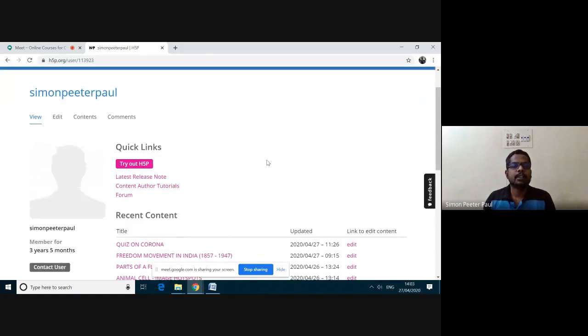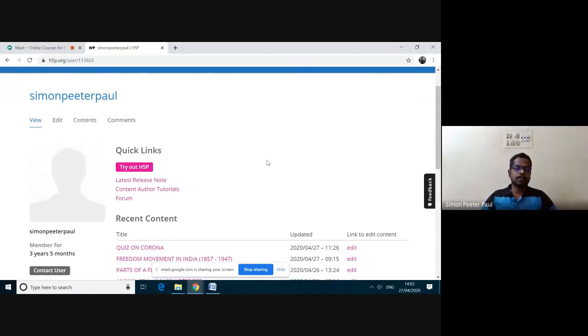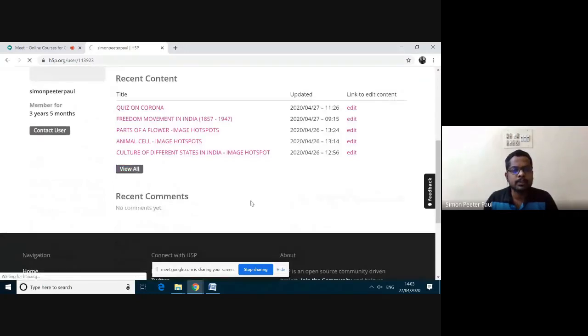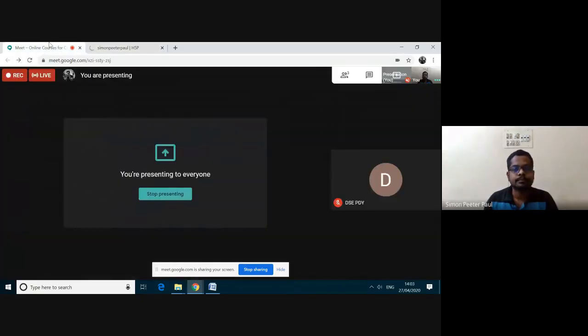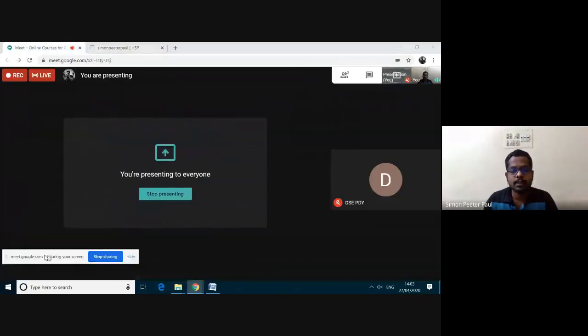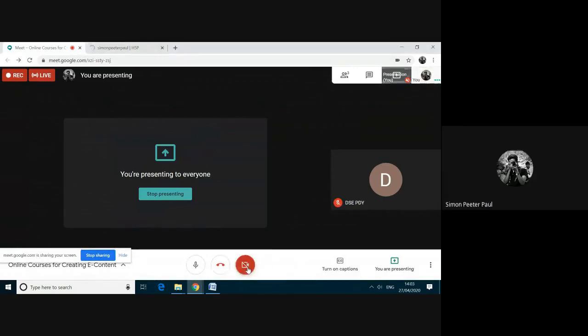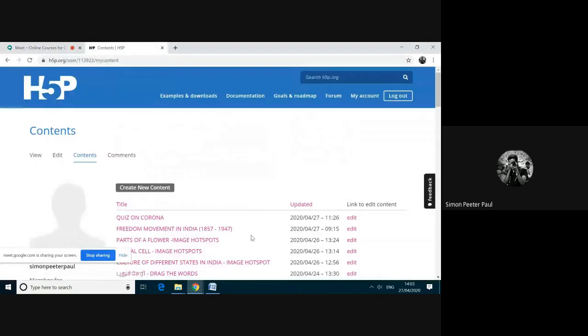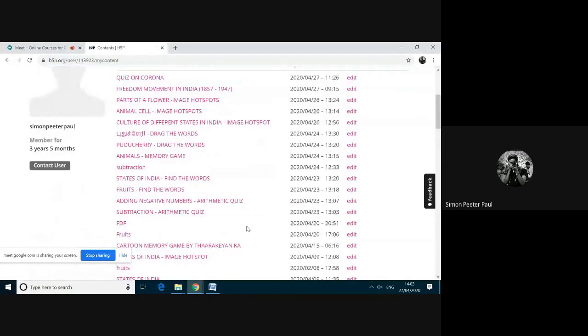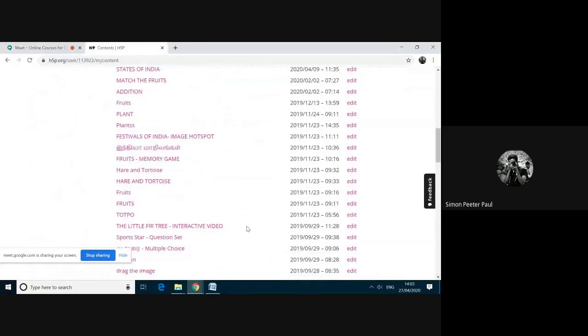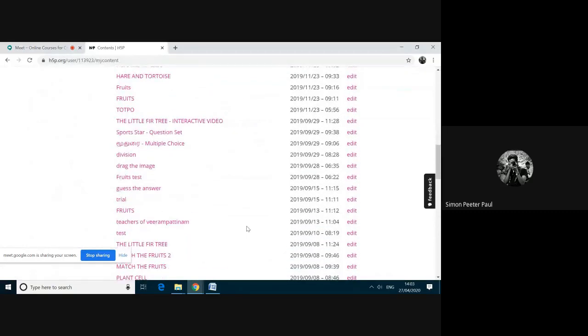As usual, today we are going to learn how to create a drag and drop tool. Before that, let me show some examples of drag and drop. Meanwhile, let me turn off my camera. Let me show some drag tables.